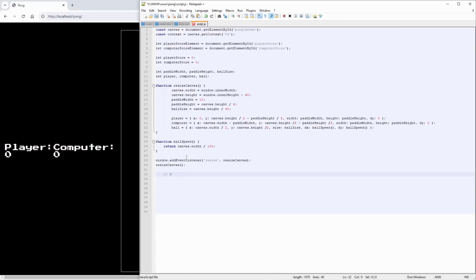So this is where I'm going to draw all the elements for the game. So